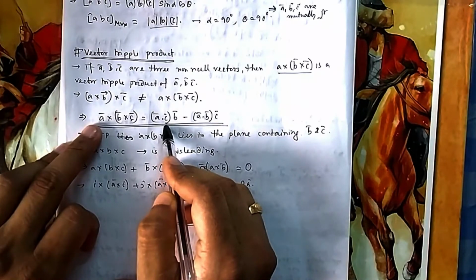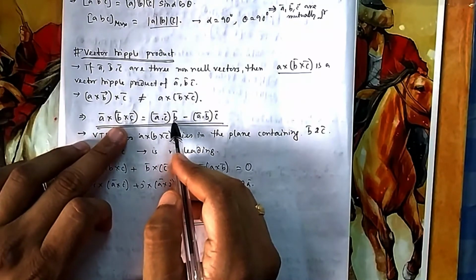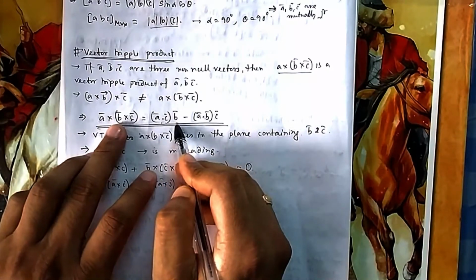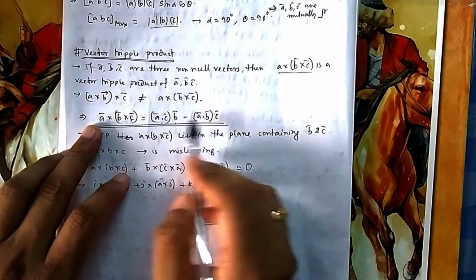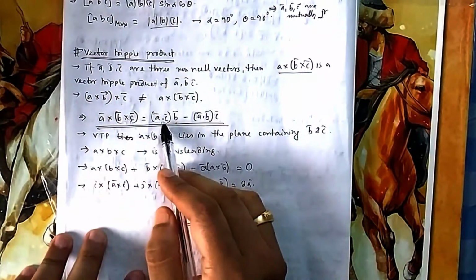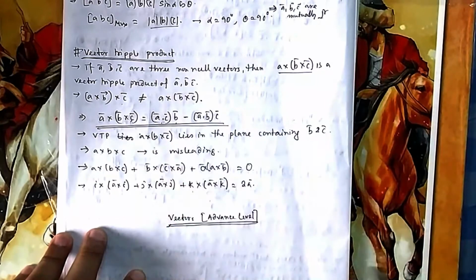So A dot C. It is not a dot or cross of anything else, because it is a scalar, so scalar multiplied by vector. It will be next B. Next you take care of B, so it will be A dot B, C. And in between there will be minus. So you can remember first the farthest one, then the closest one.